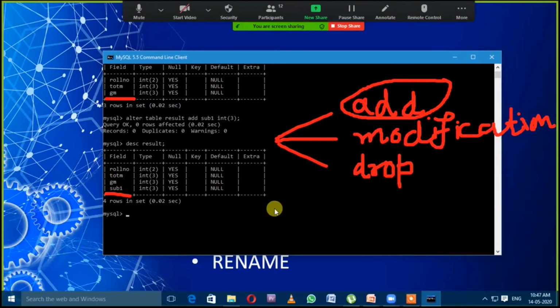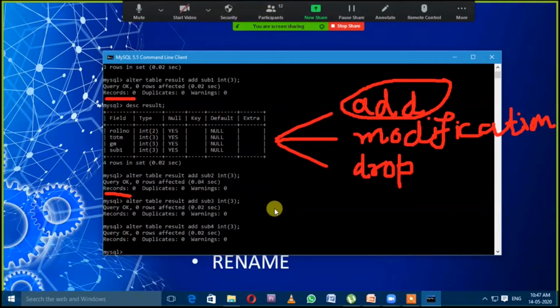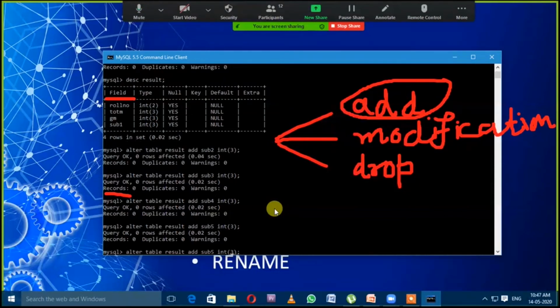Suppose now I am taking the command alter table add sub2, again alter table add sub3, alter table add sub4, alter table add sub5, and alter table add sub6.